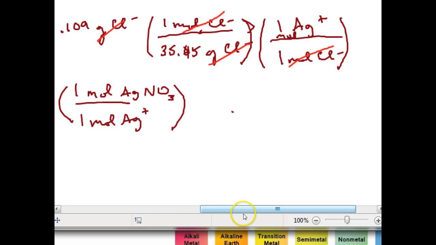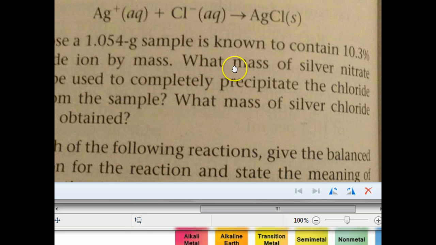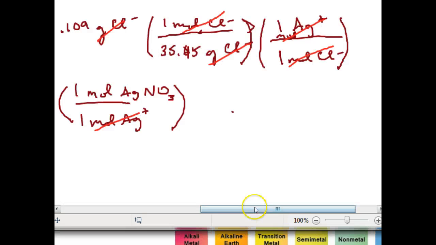Okay, so back to the calculation. Now, that's moles of Ag+ canceling with moles of Ag+. Now my calculation is about moles of AgNO3. Is that what I want? Let's see. No, he says what mass of silver nitrate, AgNO3. So let's convert this into grams. How do you do that? I think you know. You use your friend, the periodic table. 1 mole